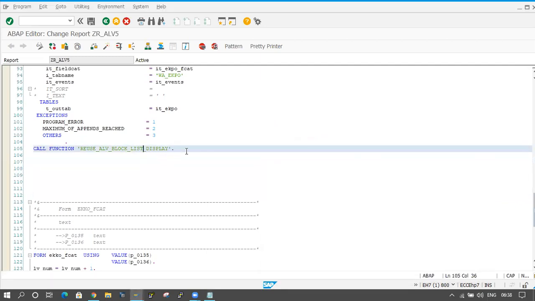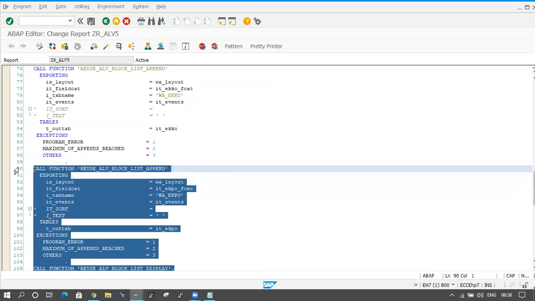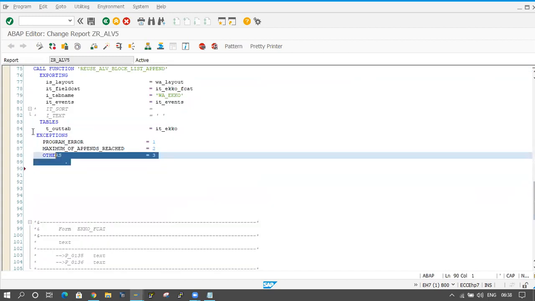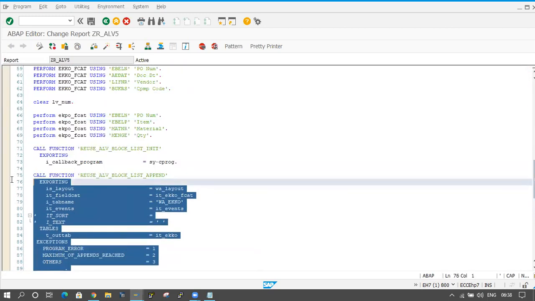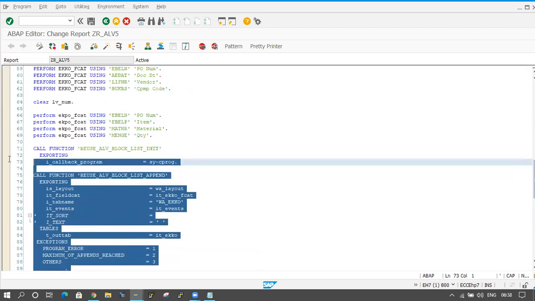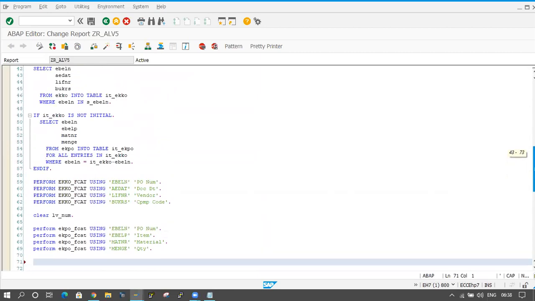Yesterday I already created a program with some data. I will remove all this blocked ALV, I don't want blocked ALV. Now I will take only a single internal table, that is IT_EKKO only.